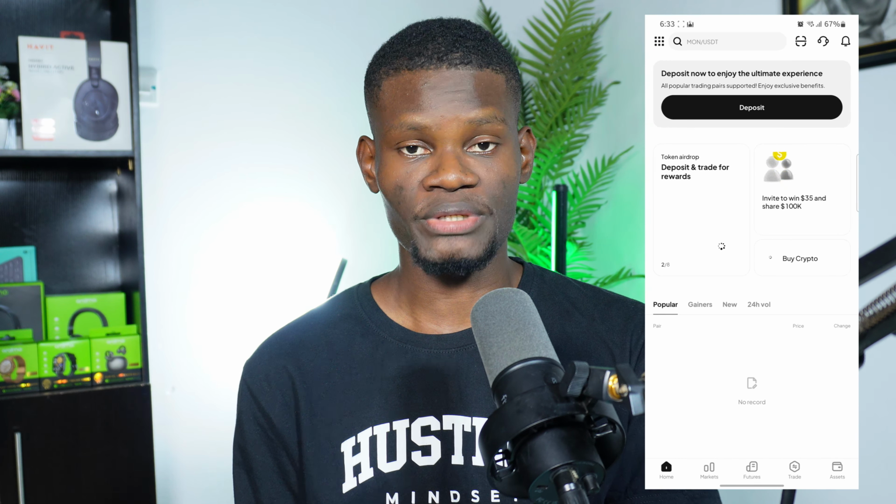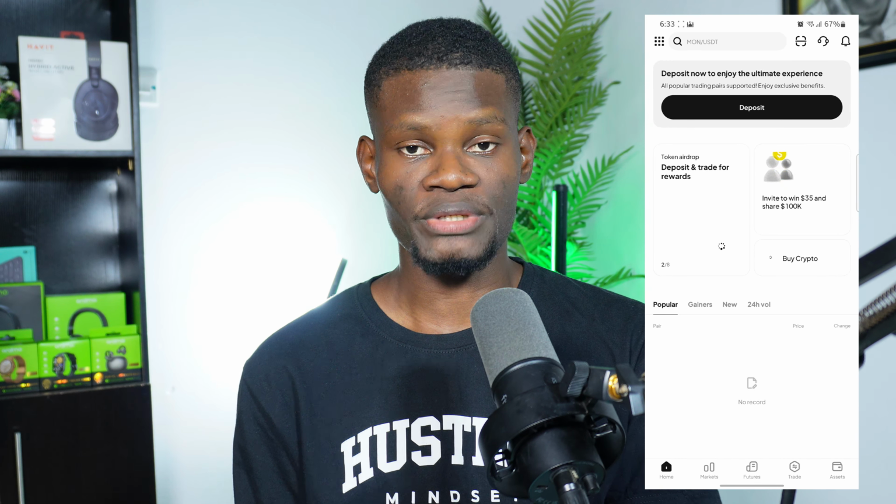If you already have an account, don't worry about that. You just have to make sure you have the mobile app installed, as you can see right here. So I'm going to start from the least one to the highest one. So I'm going to talk about verifying your account. To verify your account, you need to click on this icon here, which is the menu icon, and it's going to take you to the section